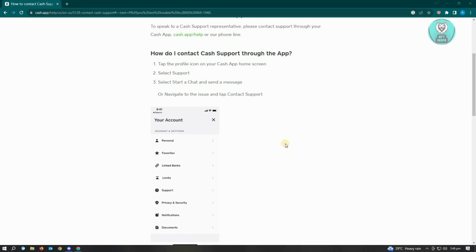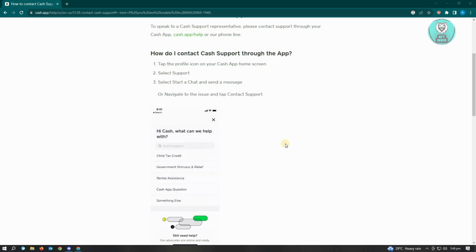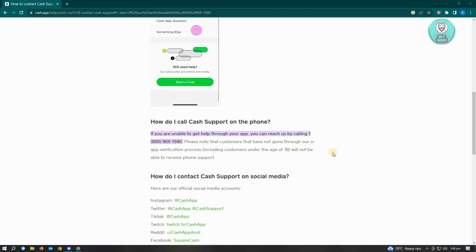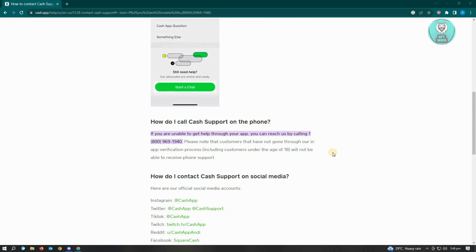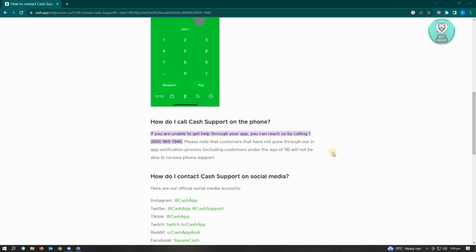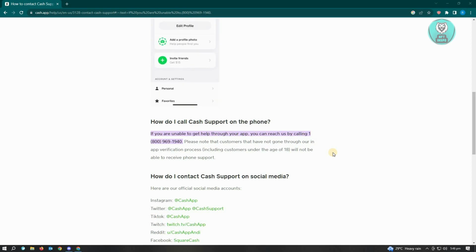So if you can't contact support via the application itself, you can call the following numbers. Don't worry, this number is directly from their website itself, which is cash.app. And from here, you could call the following number, which is 1-800-969-1940. You could search this up online as well if you want to, but remember that you should only